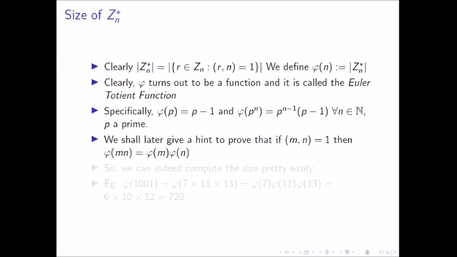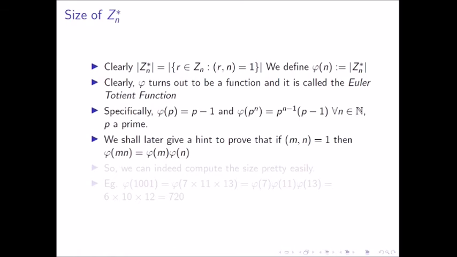Phi of p power n can be shown to be p power n minus 1 times p minus 1. This is again simple. Any number whose GCD with p power n is greater than 1 is actually divisible by p. So how many numbers are lesser than p power n and non-negative and divisible by p? Exactly p power n minus 1 times p minus 1. Hence our answer is correct. So we have evaluated phi for all integers of the form p power n.